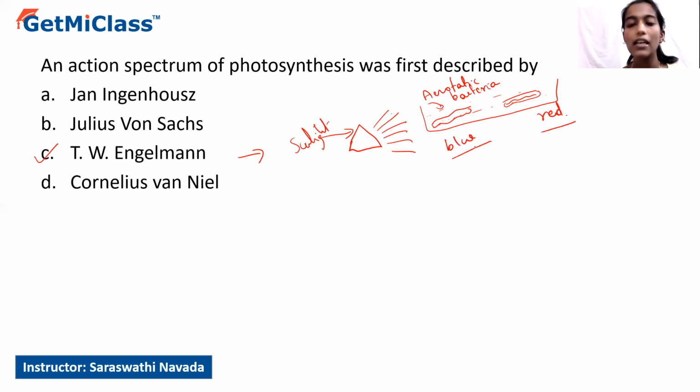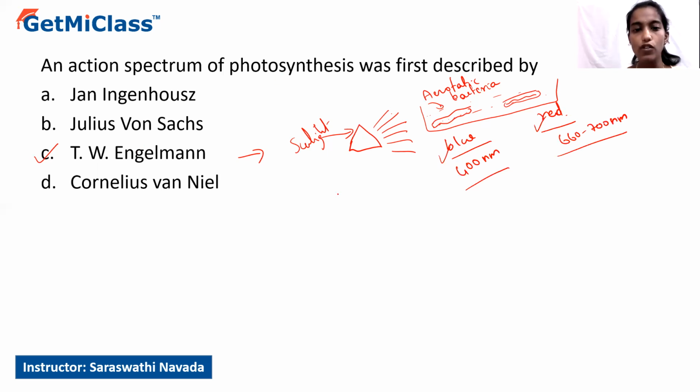By this, he indicated that the chlorophyll pigments present in the Cladophora can efficiently absorb blue light as well as red light during photosynthesis. Hence the rate of photosynthesis will be maximum in these particular wavelengths of light. Blue light ranges up to 400 nanometer, and red light ranges from 660 to 700 nanometer. That is how he gave the concept of the action spectrum used in photosynthesis,